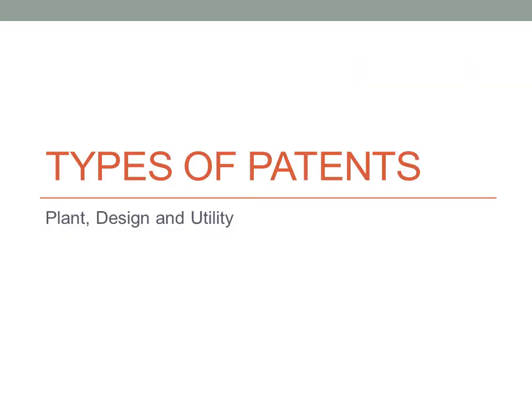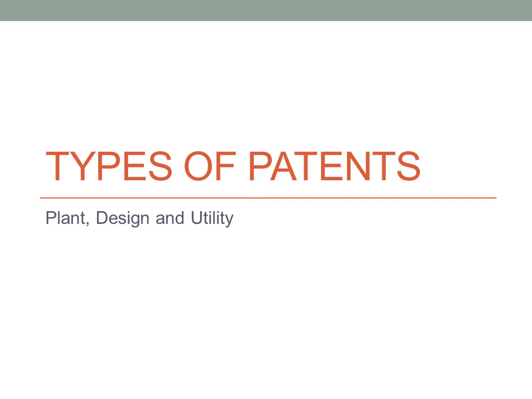There are 3 types of patents: one that's called plant, one that's called design, and the one that's called utility. Utility is the one we were all very familiar with. That is the one we're going to talk about, but I'm going to tell you about the other 2. The class of utility is most often referred to when patents are discussed, like I said, and it's the most important from the economic standpoint.